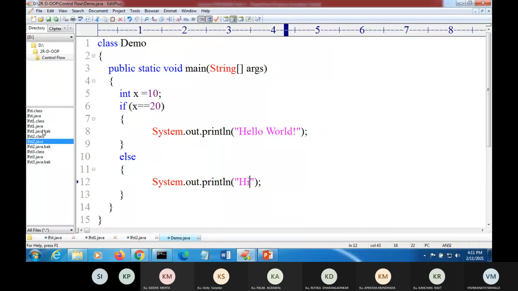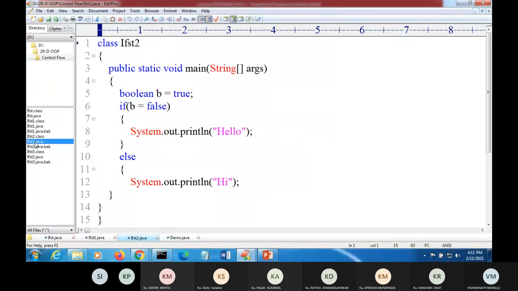Now here I have written boolean b is equal to true, and I write if b is equal to false. Which statement will execute? Hi, the else block. Yes, the else block will be executed. That means we can pass a statement which returns true or false.